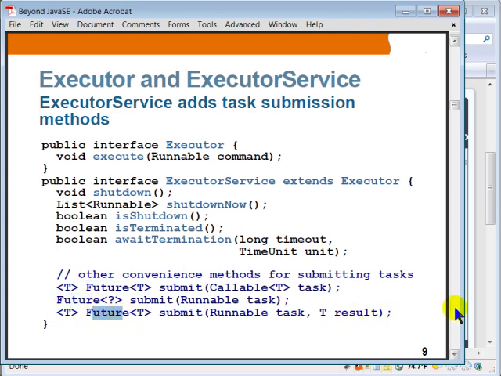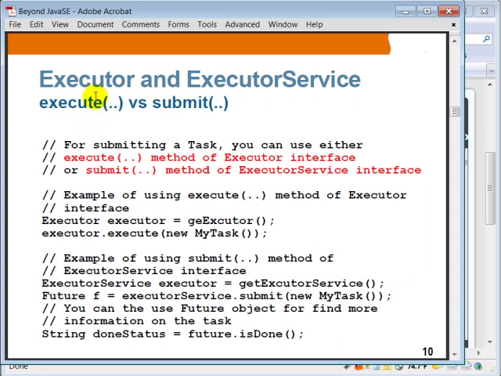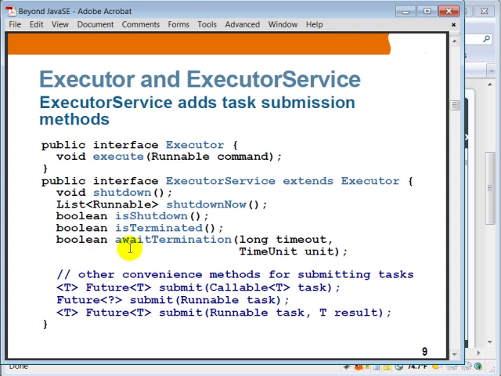Let's see the difference between the two. Executor has the execute method, and the executor service interface added the submit method. When you have an executor service object, you could use either the execute method or the submit method for submitting a task. However, in general, you are going to use the submit method because it provides more functionality. If you take a look at the definition of the submit method, it returns a future object. We are going to take a look at the future object